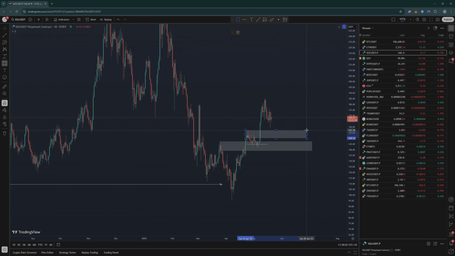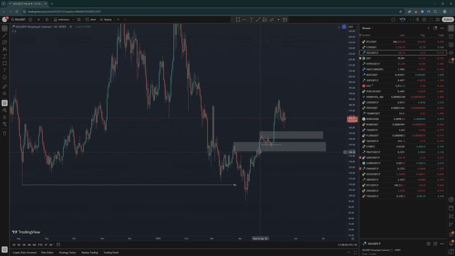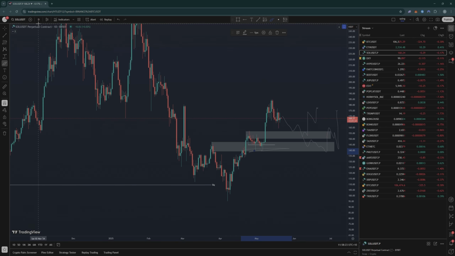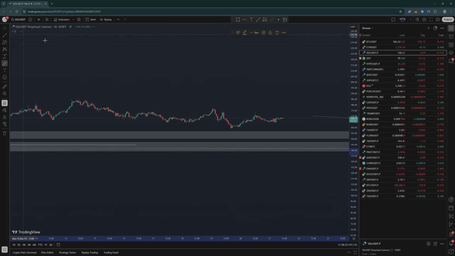Okay, so I think if Solana is going to hold, you really don't want to see any daily closes below this level. We might get some deeper pullbacks, something like that, or something like this. We might get a sweep, but you really don't want to see any daily weakness below there. Okay, so again, two scenarios.